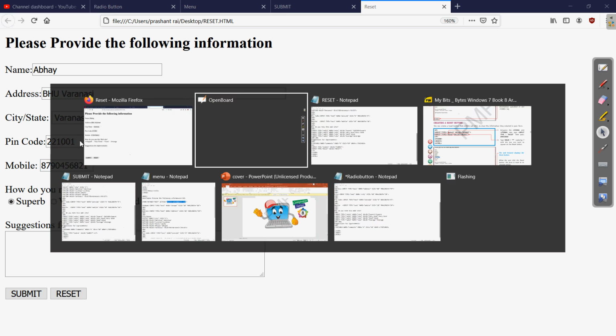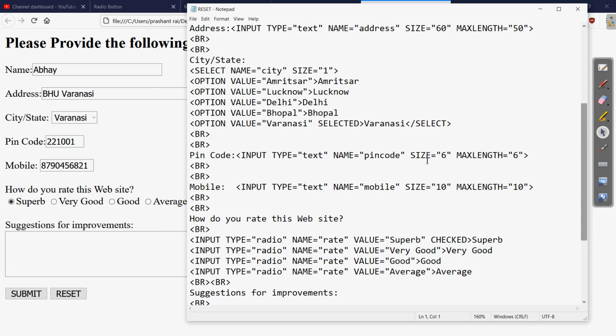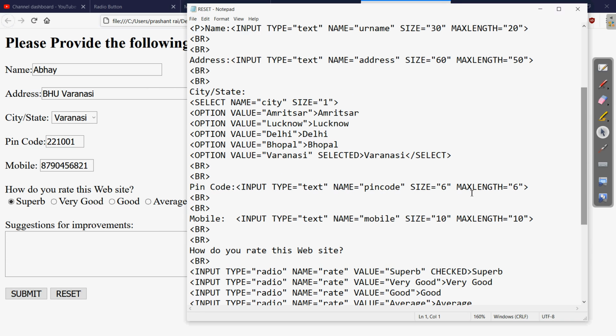Let me show you. So here you can see the same which we are talking about, that in the pin code the maximum length is 6. Clear? And in the same way, in the mobile number, the maximum length is 10. So by specifying these maximum lengths, it will only accept that particular number of digits.